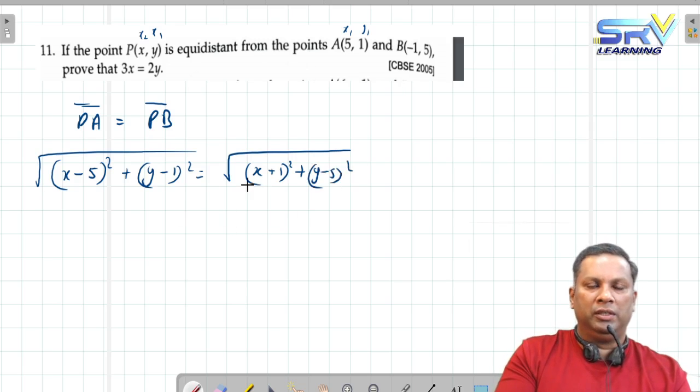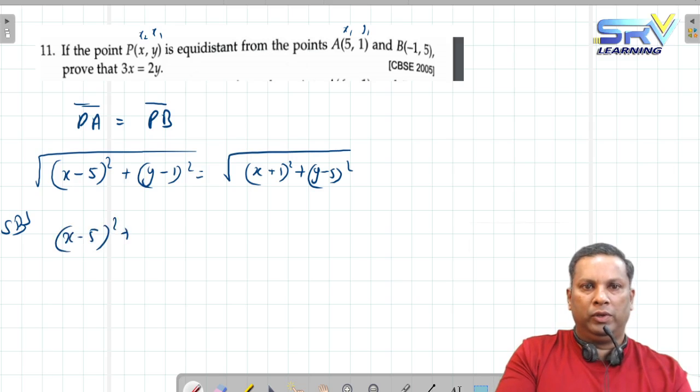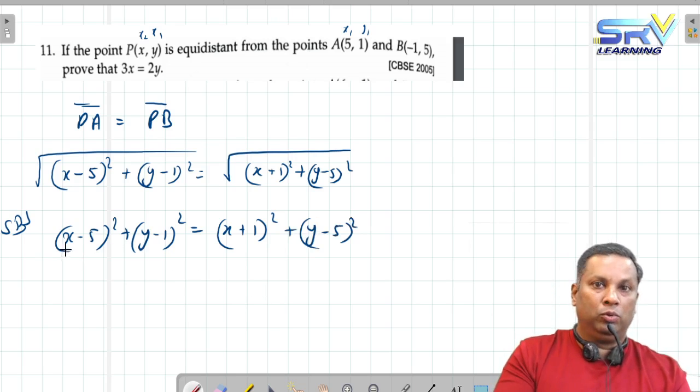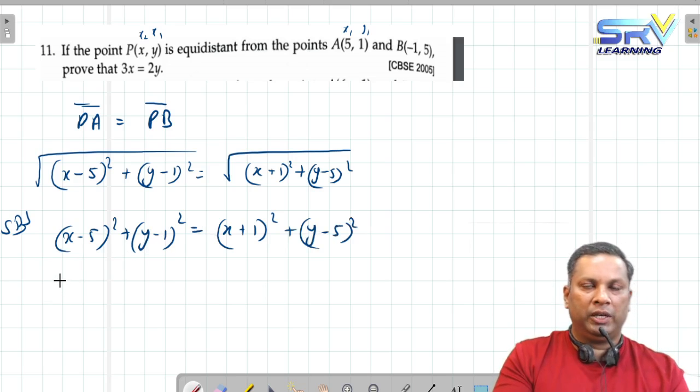But इसको कुछ करना नहीं है, square on both the sides, तो root चले गए and you will be left with x minus 5 whole square plus y minus 1 whole square, and यहाँ पे आपके पास बचेगा x plus 1 whole square plus y minus 5 whole square, ठीक है। अब इसको कुछ करना नहीं है, expand कर देना है, वो सब बाकी सब cancel off हो जाएगा, you will be left with 3x is equal to 2y बचेगा। देख लेते हैं, x square plus 25